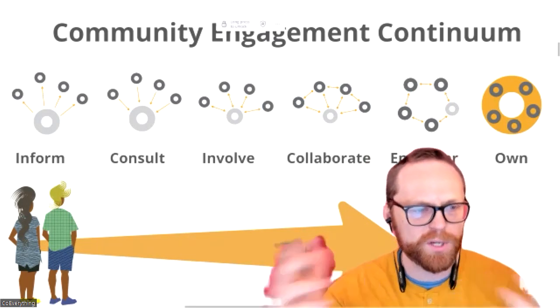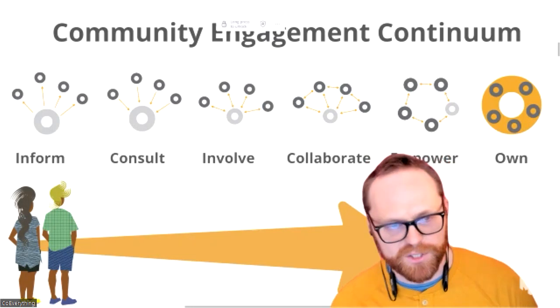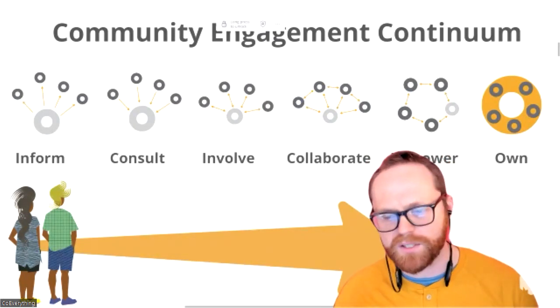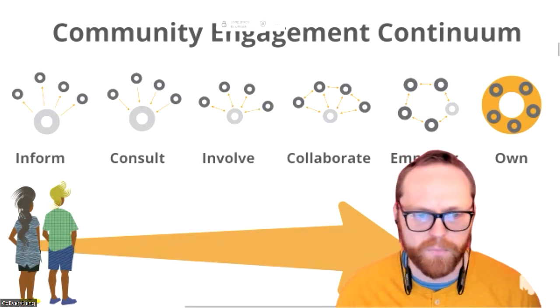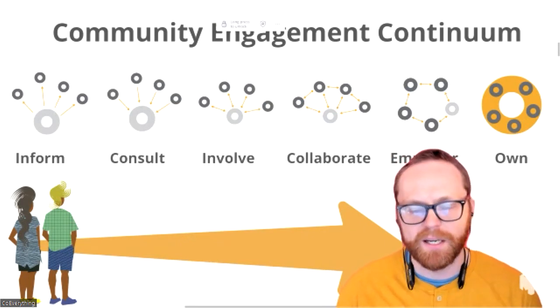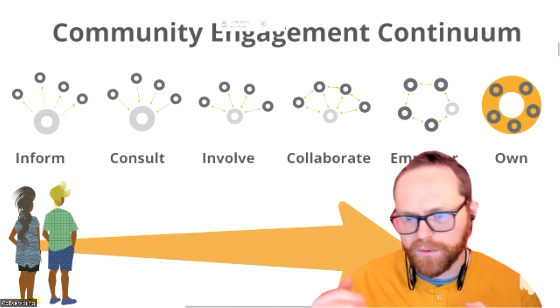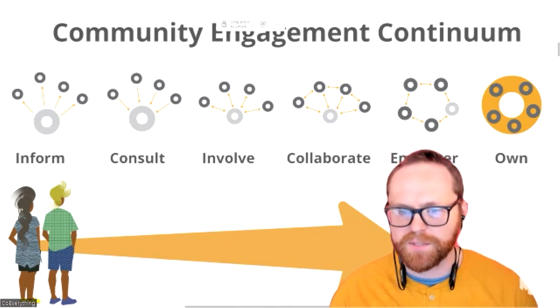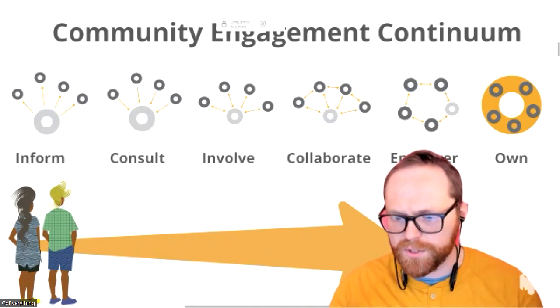But generally, the way in which we can engage with community is we start off with informing. It's just one direction. We're doing something and we let them know that it's happening. Then we have consult, which means we let them know it happens, but we also want to hear what they had to say about it. And we may or may not do something with that information, but we want to hear it. Then there's involve, which is sort of the 2-way street. We're going to let them know, we're going to hear something, we'll probably let them know again, and we might make some changes based on that. But it's still us and individuals usually.